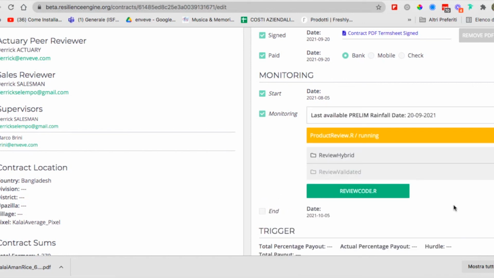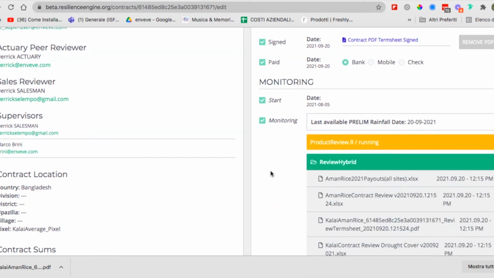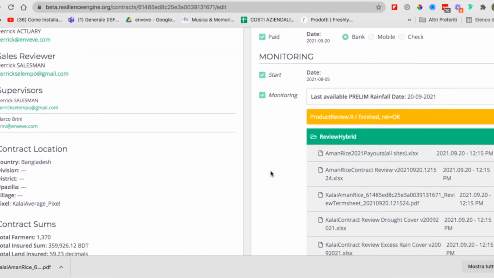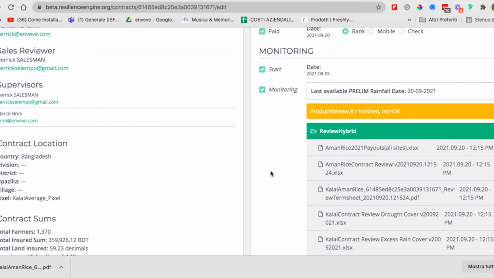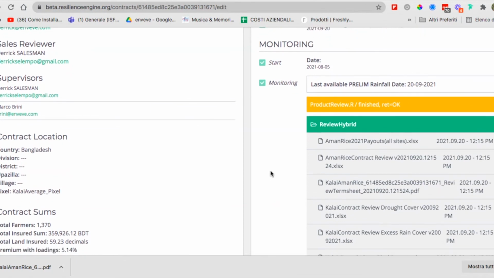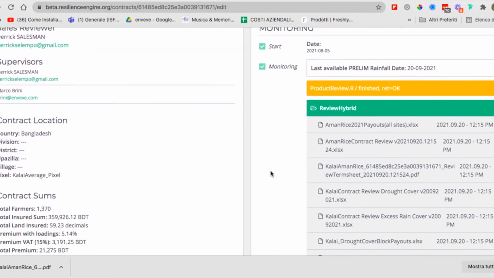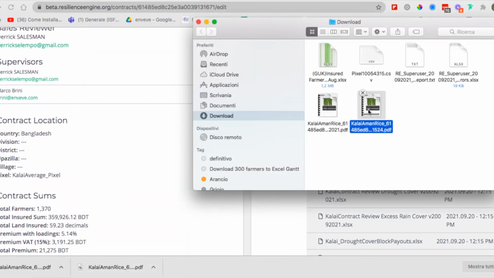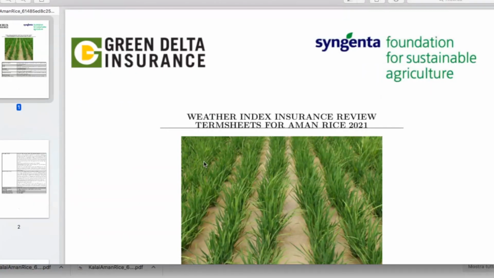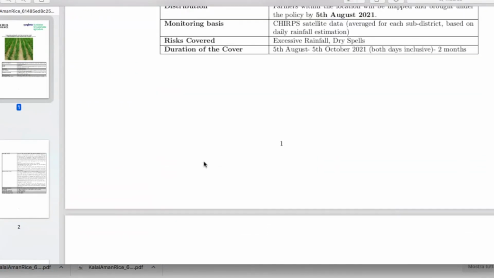Thank you, Nicole. Basically, now we have the ongoing process, which happens automatically. The system is constantly checking for new data. So as soon as new data will be available, the process will be repeated and new information will be provided. We can open a PDF here to show what is the outcome. Of course, we have also the Excel file with all the data, combining weather data with